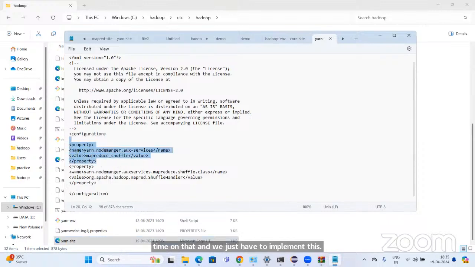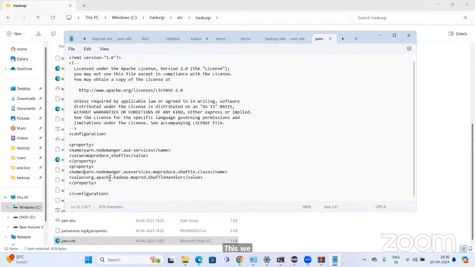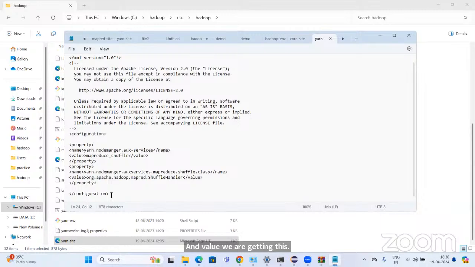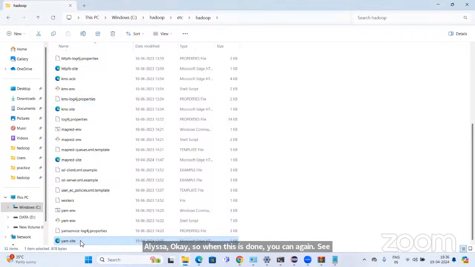So this is one property tag, and this is the second property tag. This we are getting in yarn, then in that nodemanager.aux-services, mapreduce_shuffle and that class, and in value we are getting this till ShuffleHandler. Okay, so when this is done, you can again save it and close it. So when we have done all those things, our Hadoop is almost ready. The environment variable has been done, and these edits have been done. So what is remaining is